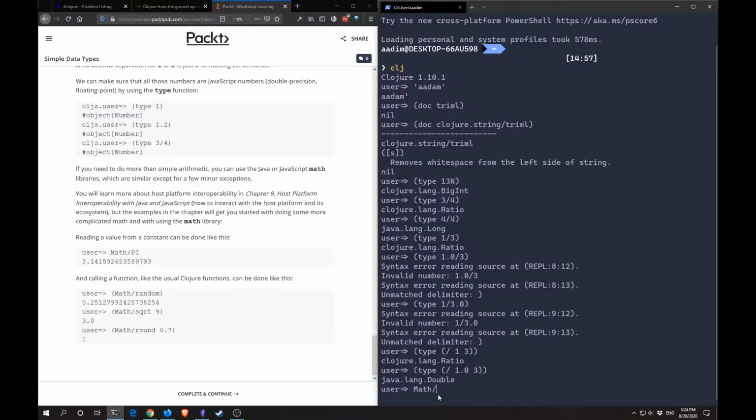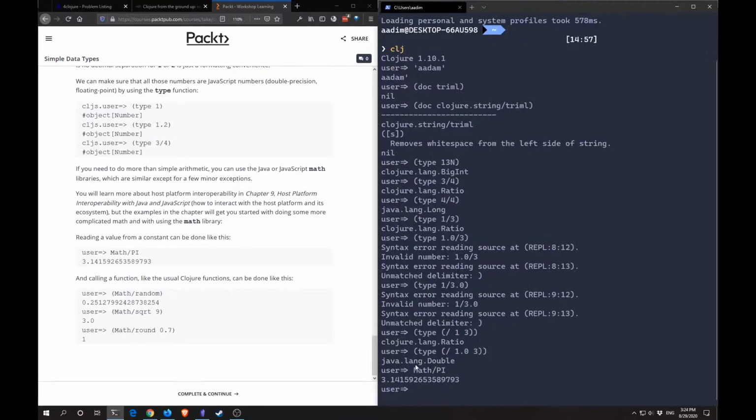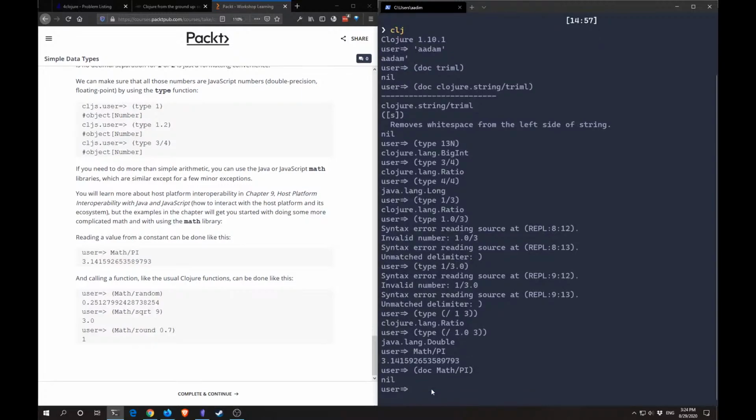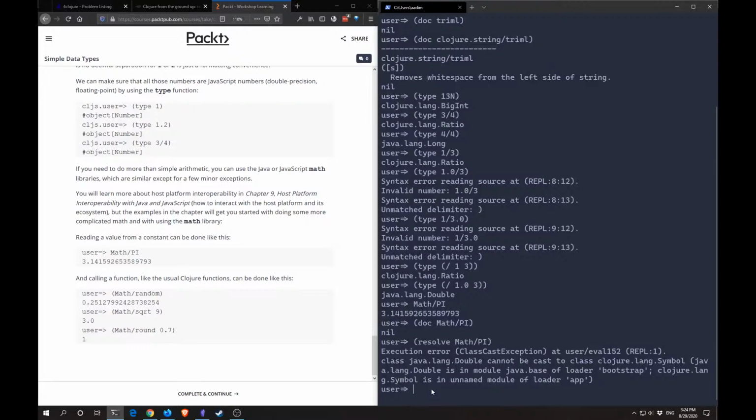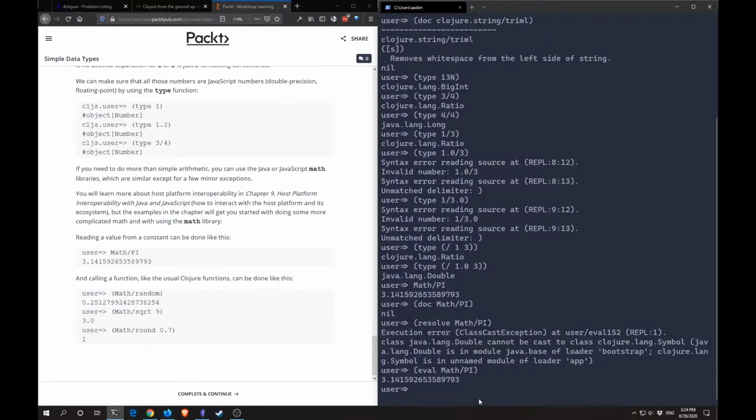Okay, so Math/PI, is it defined in the user namespace, or where is it defined? Let's try resolve Math/PI. Okay, resolve just resolves the symbol, but it returns class clojure.lang.Symbol. So this is a symbol. How about, can we evaluate it? The evaluation would be, how about